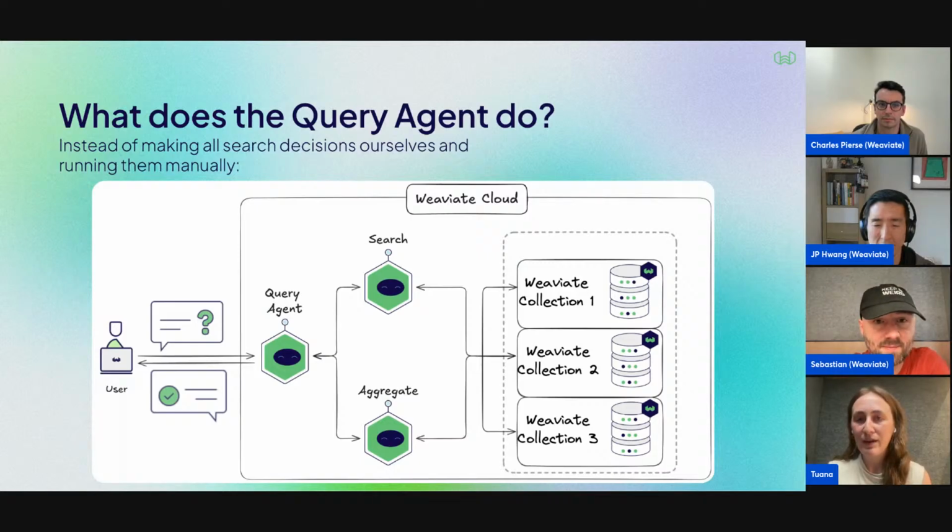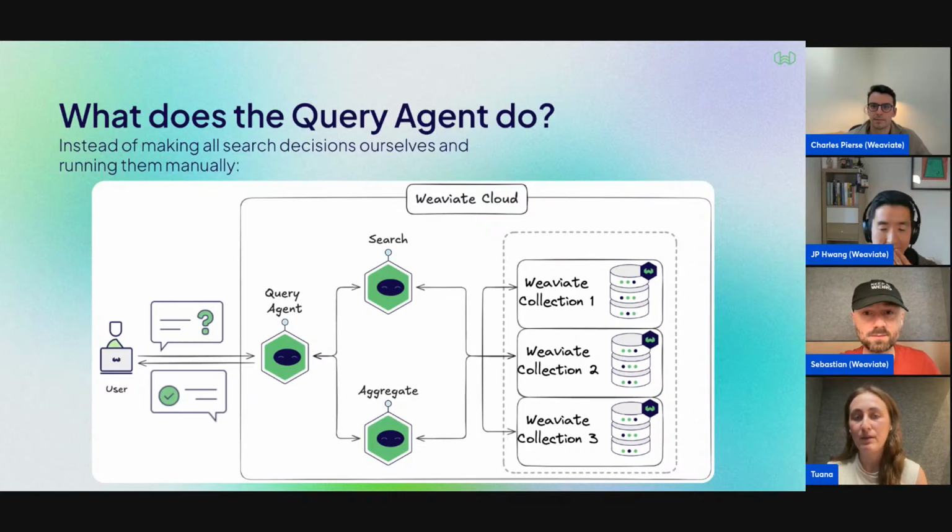So how does that work? Well, in Weaviate, because it's a vector database, I think the most common search methodology that people think of is regular semantic search. But as Charles also mentioned earlier, it might not be the case. It might be the case that we need to do semantic search for some queries, but for some queries, it might be that we have to do aggregations. And you can think of aggregations as a maths problem.